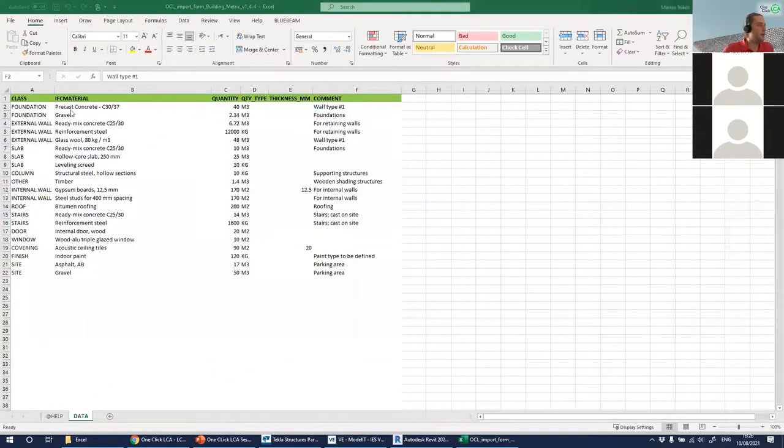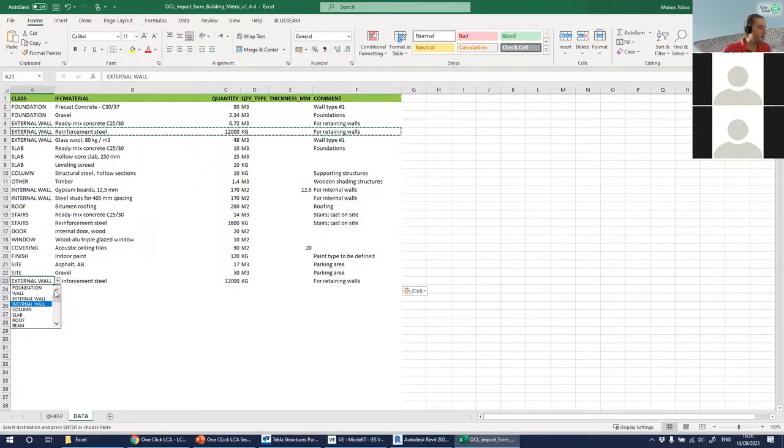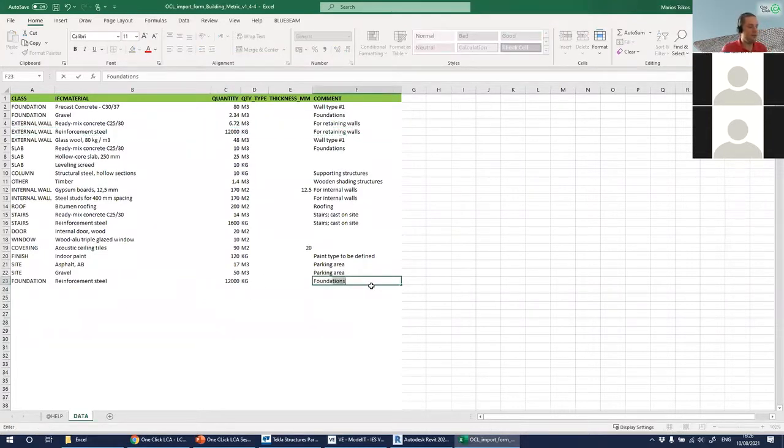So let's say that we want to change that quantity to 80 cubic meters, and we also want to add some reinforcement for foundation. So I'll just add the same line just down to the bottom. I will change that one to foundation. I'll keep the quantity the same, doesn't matter, and say foundation. So I'm going to save that,